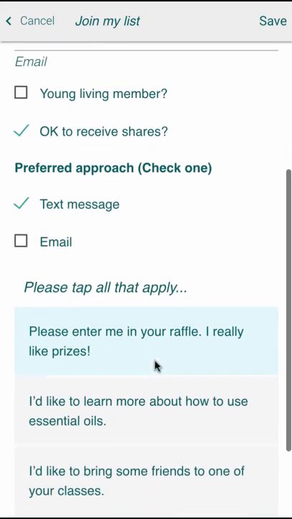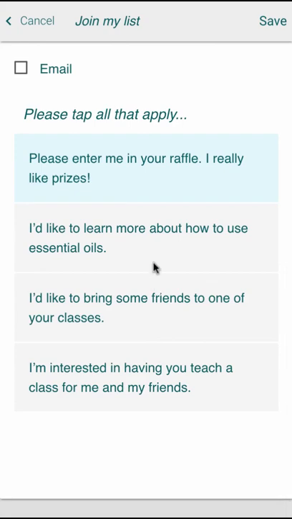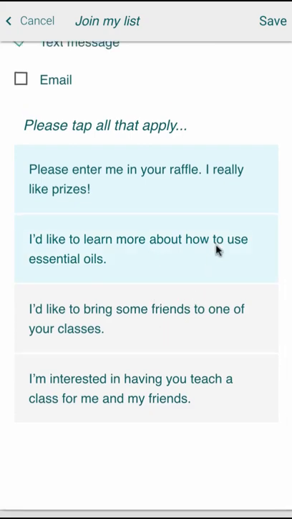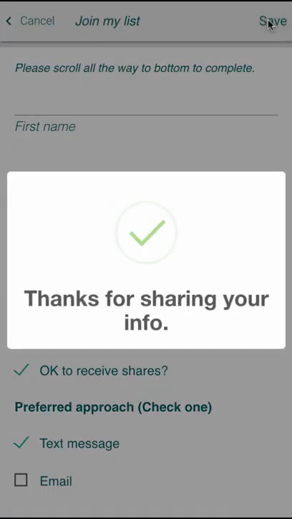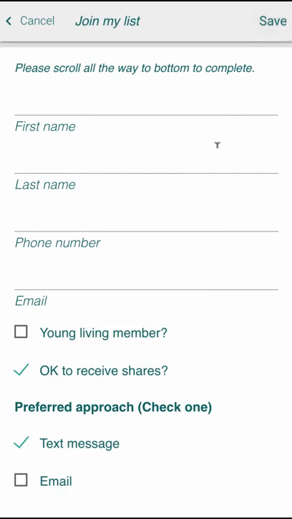Yeah, I'd like to enter your raffle. I'd like to learn more about how to use essential oils. I'm not quite ready to make those commitments yet. I'll tap save, and it thanks me for sharing my info, and it sets up the screen so it's ready for that next person, because maybe you have people waiting in line to sign up on your contact list to join this, to participate in this great raffle, or maybe just to receive whatever it is you're going to be